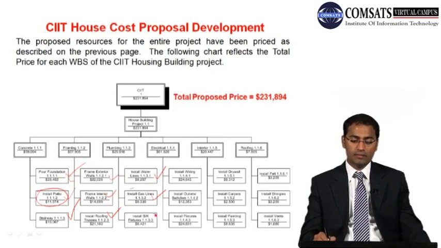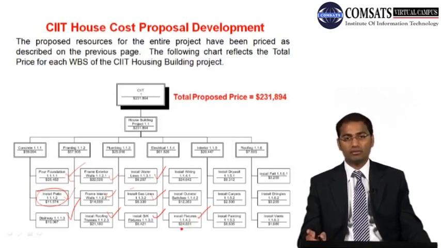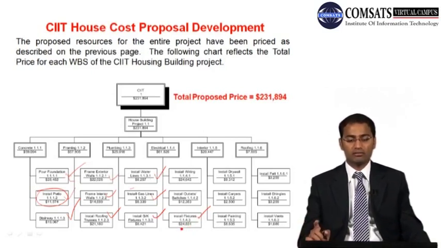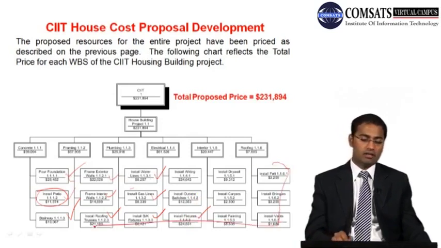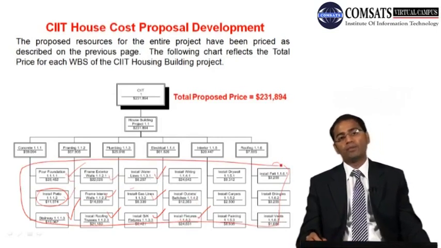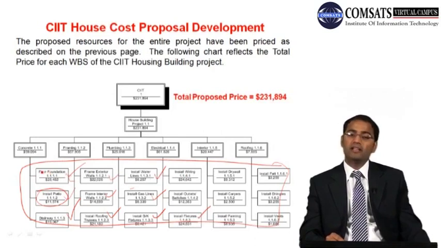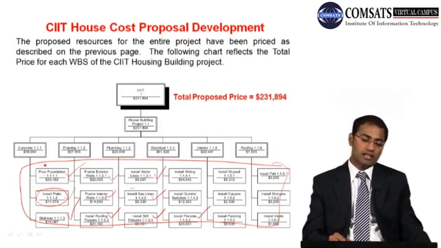And let's say install fixtures, we talk about that. So the cost or the price of, now this is very important, the price of this work package is $24,831 US, and similarly we have actually covered 18 work packages. And now after completing the costing of work packages, what we do, we actually take